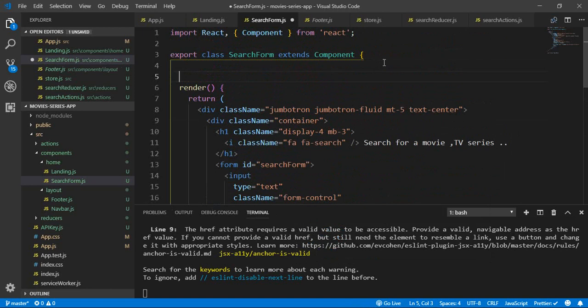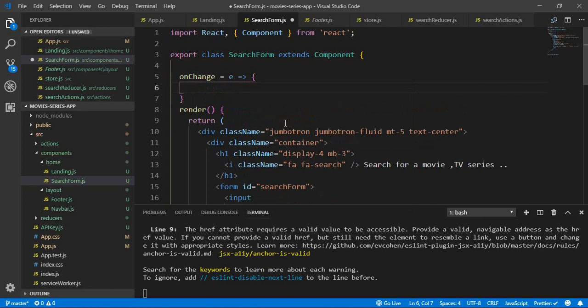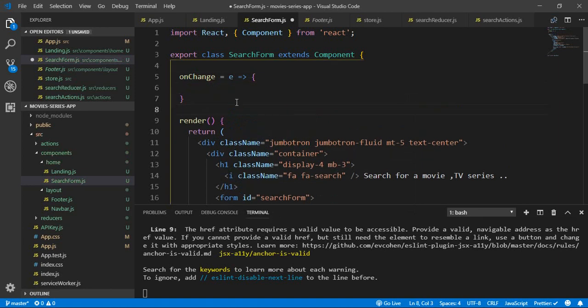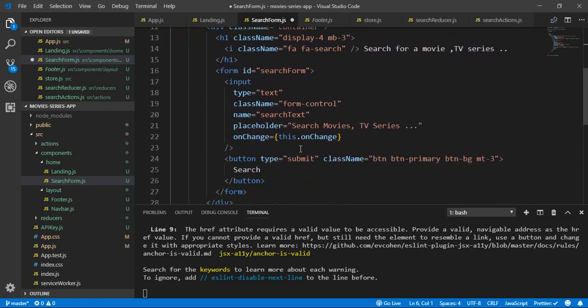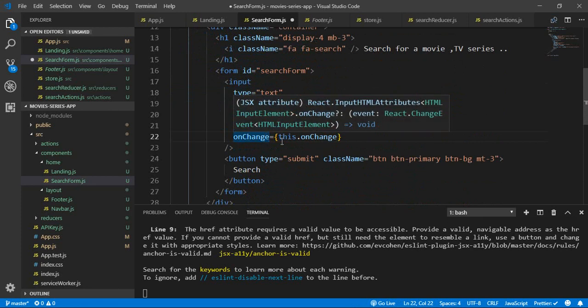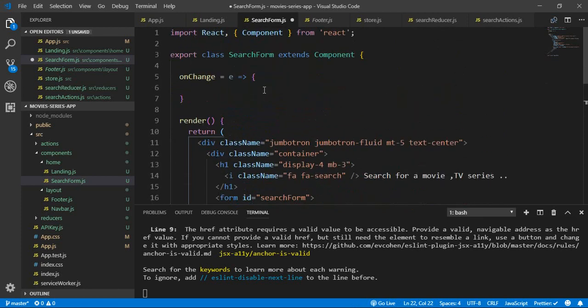Let's go ahead and create our function. So onChange equals, it takes an event parameter, and here's our function. So basically in our onChange function, we need to take the value of the input. This is our input. We will take the value of this input and use it inside